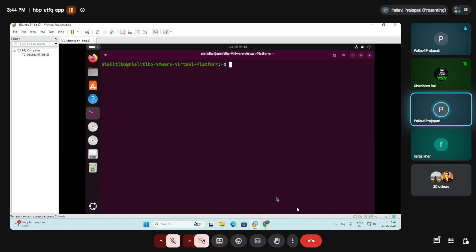We will see here that when we want to display the IP address, it will show the two types of interfaces: one is a virtual interface and one is the physical interface. So we will have two types here. One is loopback and one is ENS33.